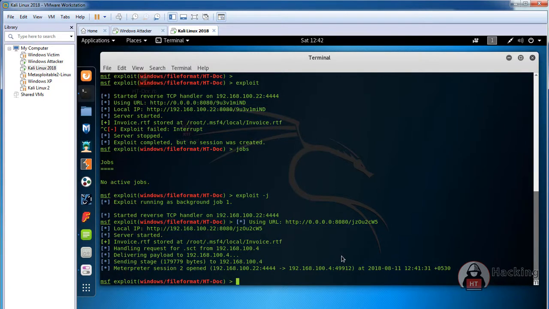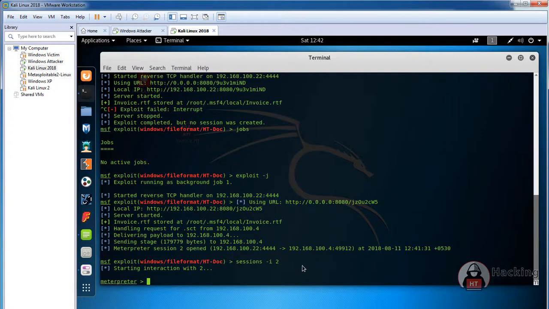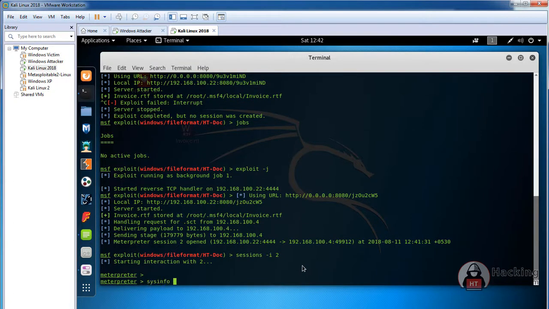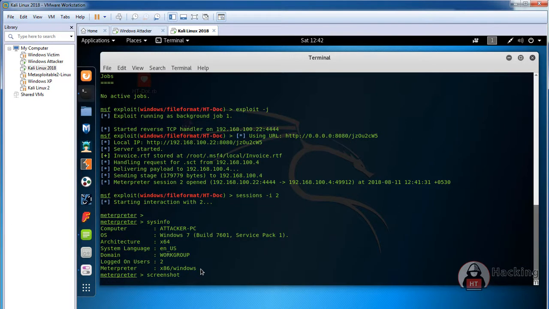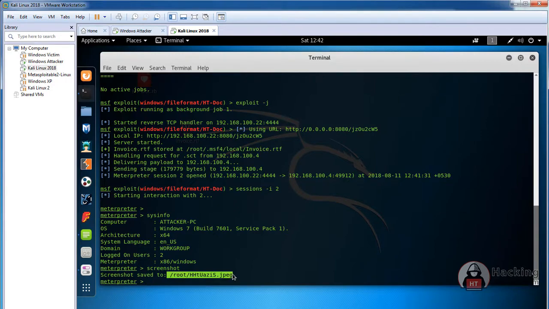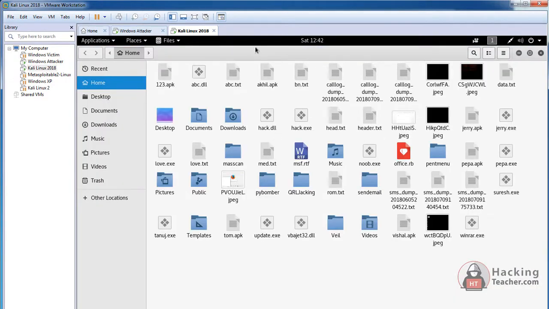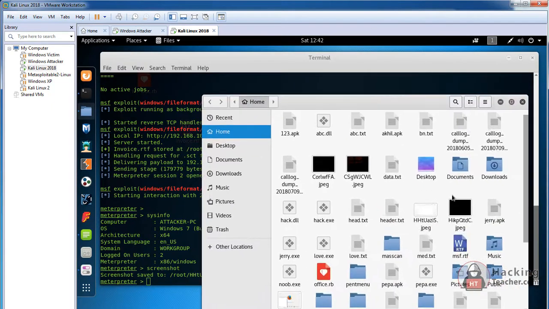So what I'll do is sessions -i to interact. What's the session number? 2. And we have the meterpreter. Sysinfo, we are on Windows 7. Screenshot is saved in the root. What's the name? HH.